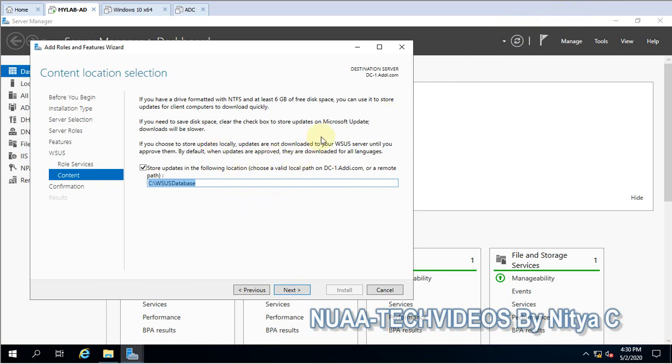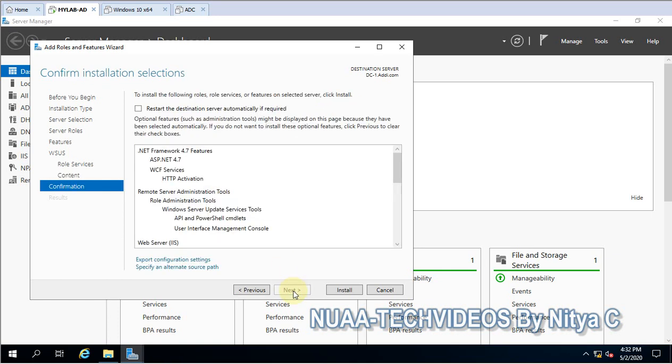So it recognizes our AD on the server. So here Microsoft has also mentioned, if you have a drive formatted with NTFS, at least 6 GB of free disk space, so you have to have at least 6 GB of free space available. So let's click on Next, and it requires IIS also to be installed, but IIS is already installed on the server.